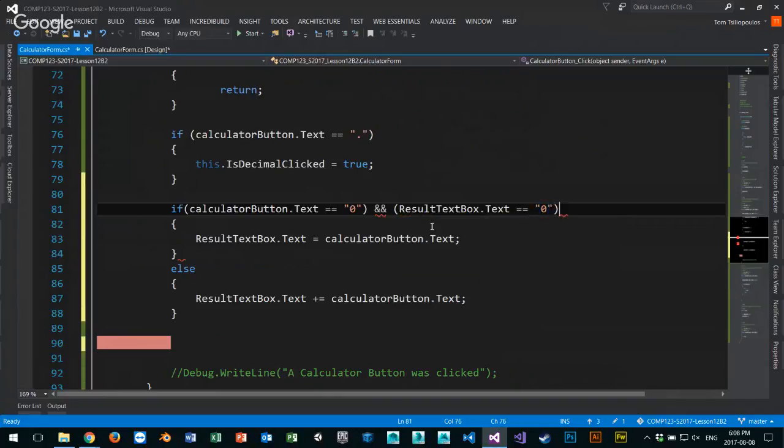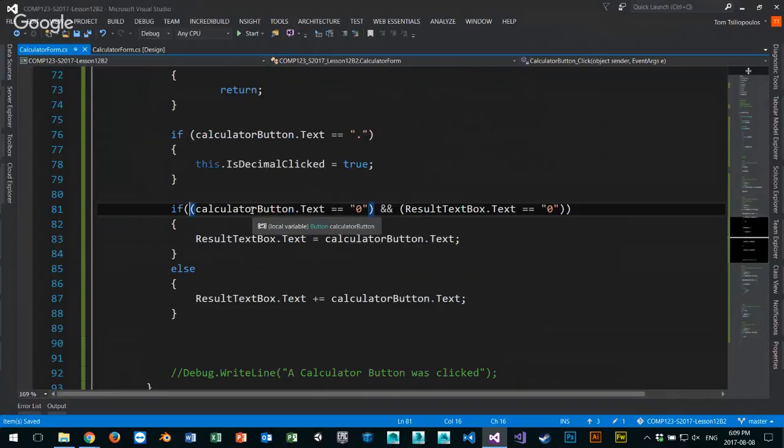Both conditions have to be true in order for me to reassign. Otherwise, if it's something else other than these two things, then add. Everyone understand that? So calculator button is the button that I'm pressing on the calculator. If it's 0 already, and the result text box is 0,